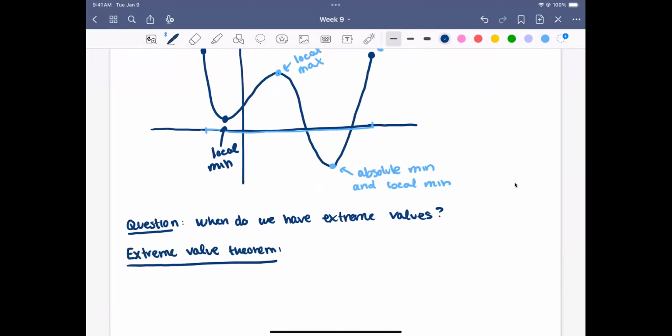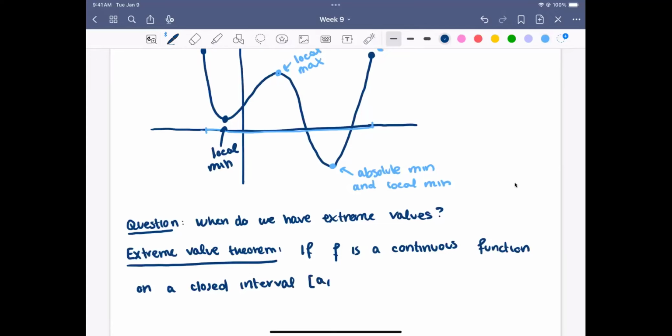So it says the following: if f is a continuous function on a closed interval AB. Okay, so there's a lot of hypotheses here, right? Like we're assuming that the function is continuous and also that its domain is a closed interval. So if f is a continuous function on a closed interval, then